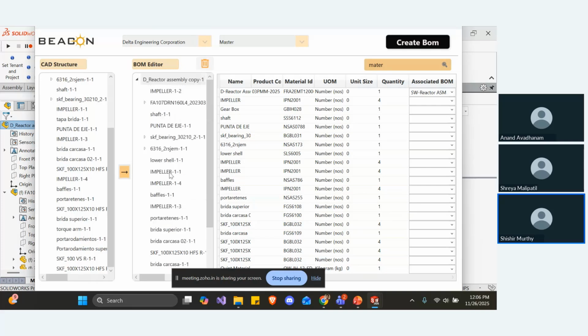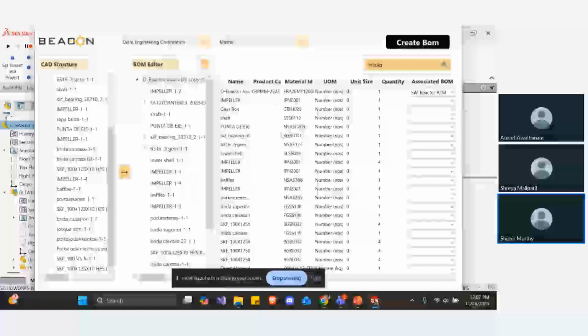Now, why we did this, as I explained earlier, is that if you have any items that are bought out, but the CAD per se, you would be creating a structure and the CAD models to it. So you can eliminate those modifications that you do right now in Excel directly in this. You can just go ahead and replace that with one entry, dissolve the assembly and just have the top one. And then you can go ahead and